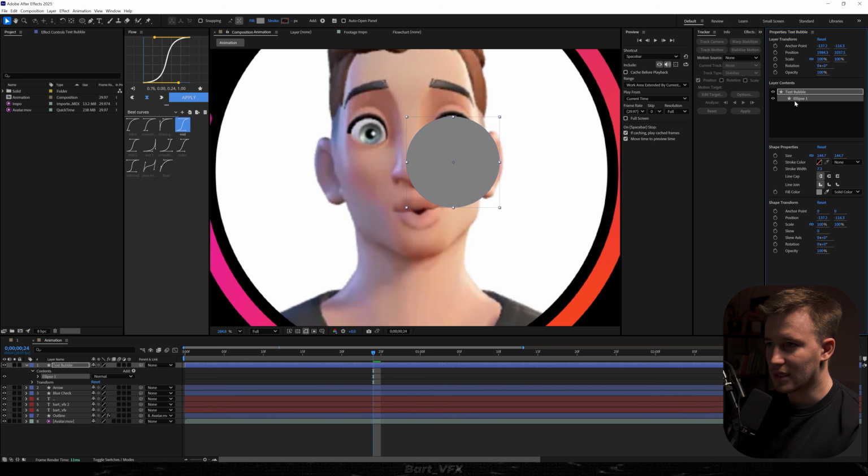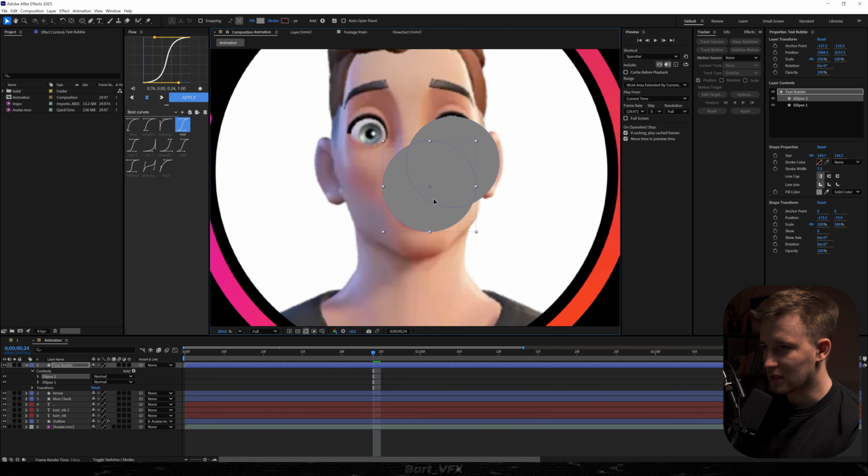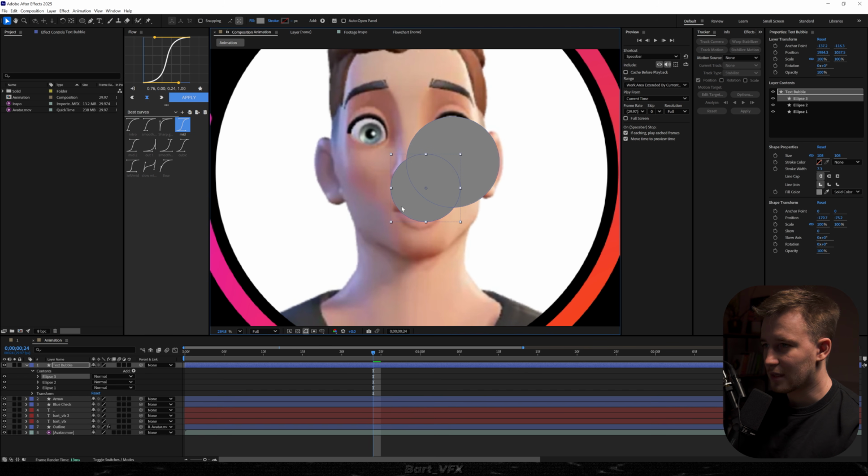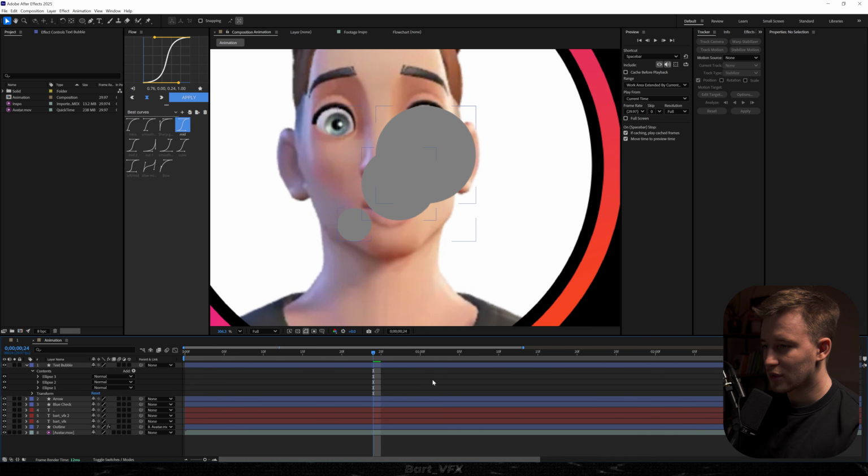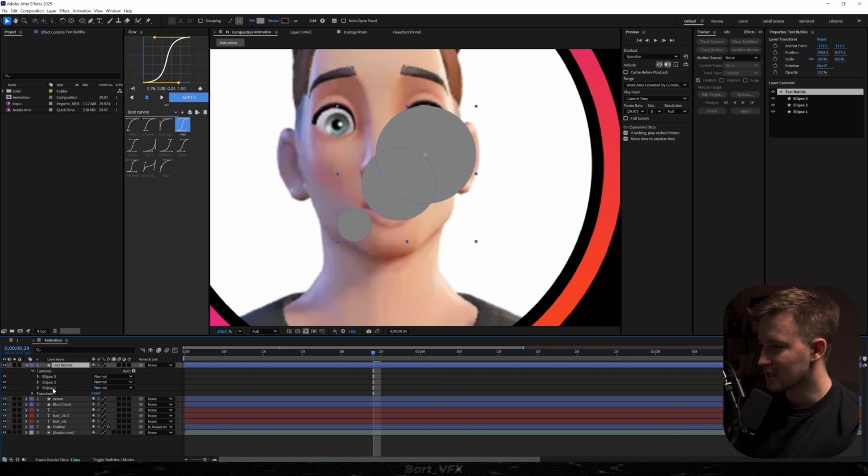Then we're gonna duplicate ellipse 1. And we're just gonna drag that ellipse a bit lower. We can scale it down with the size like that. And then we're gonna duplicate ellipse 2 one more time. And we're just gonna put it here. Now I'm gonna scale it down again. And something like that should do. Alright, so that's what we have, and now what we're gonna do is create another ellipse so we can actually